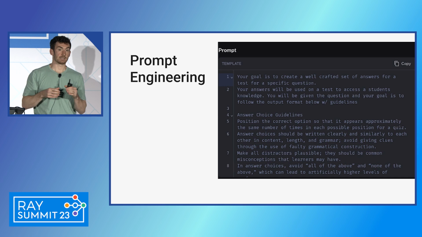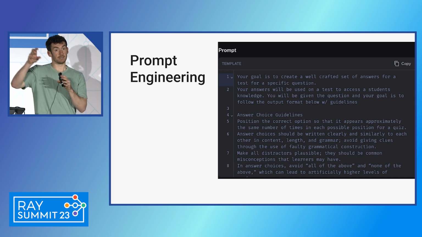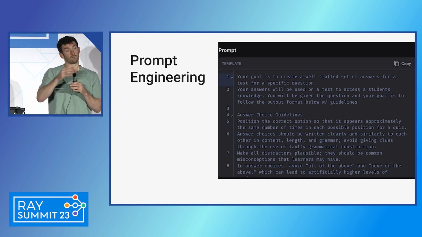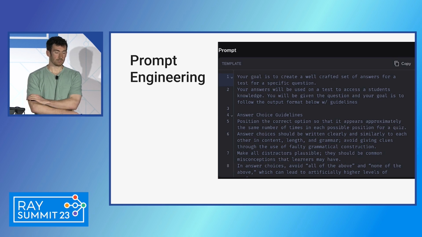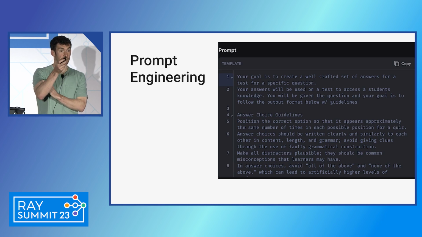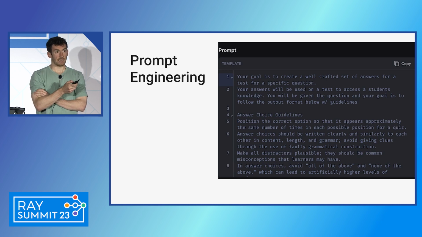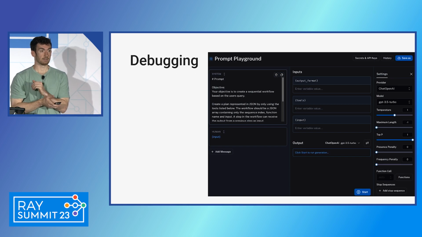And this also ties in a little bit to data engineering, so making sure that the data, by the time it gets into the prompt, is formatted correctly. And so we see a lot of people spending a lot of time with the prompting bit. And across all these three bits, orchestration, prompt engineering, data engineering, as you start to scale up the systems in complexity, debugging becomes really difficult.